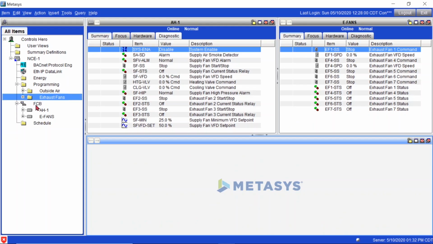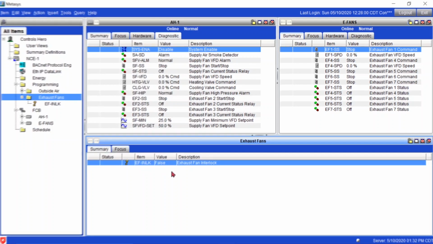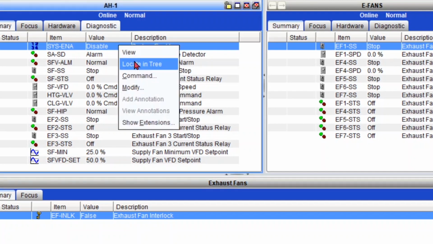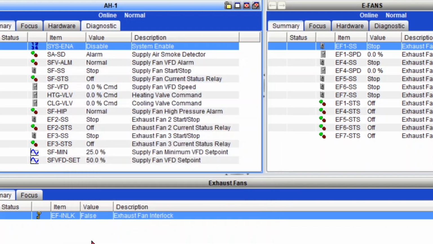Okay, so now I have created my interlock, which is right here, and I'm just gonna drag the folder over so I can see my interlock state. Remember that has the units of false and true. So right now it's false because my system enable is disabled. So let's enable my system, and we should expect my exhaust fan to start 10 seconds after. So let's do that. Right click command. I'm just gonna set it to enable, send,